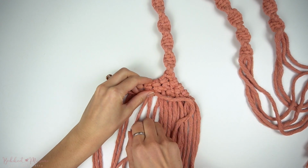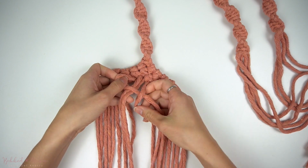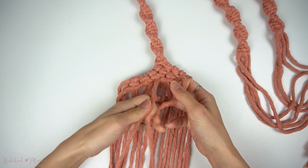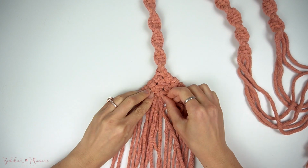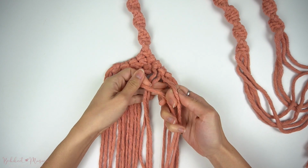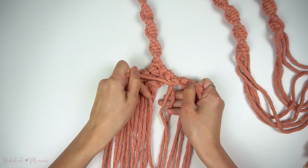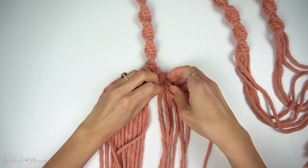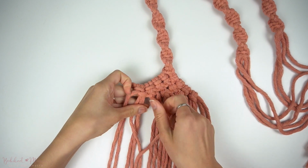Add a square knot in the middle of the same row, so with the middle 4 cords, and then add one more square knot to the right. Repeat for another row of square knots underneath. We finished the last row with 3 square knots, so we're going to make a total of 4 square knots in this row,